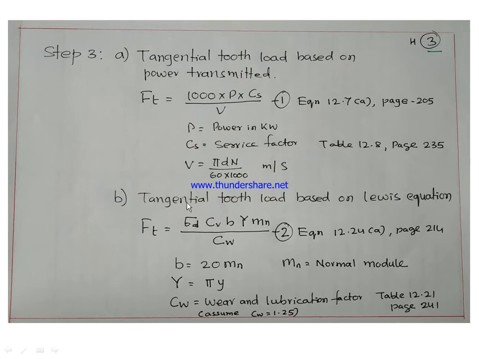Again, the tangential tooth load is determined based on the Lewis equation, which is available on page 214, equation 12.24a, given as Ft equal to sigma d into Cv into pi into capital M into Mn, normal module, divided by Cw. Normally in the design of helical gears, the face width is taken as 20 times the normal module, and this capital Y is pi into small y, that is the Lewis form factor, and Cw in this equation is the wear and lubrication factor available in table 2.1 on page 241, and you can assume Cw as 1.25 for all practical